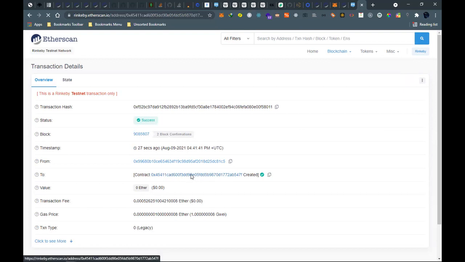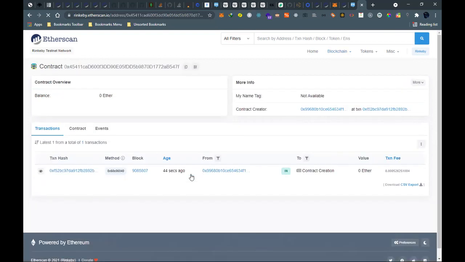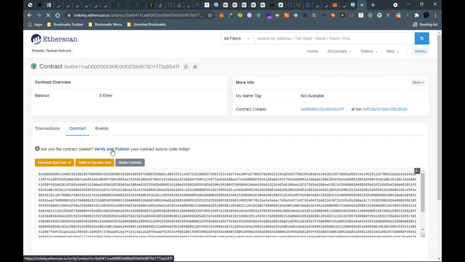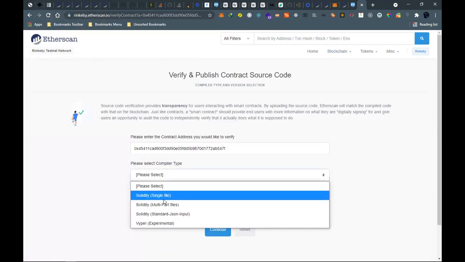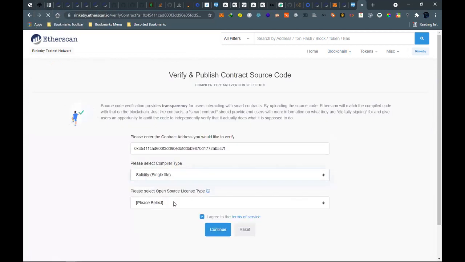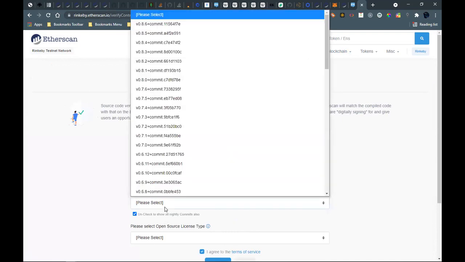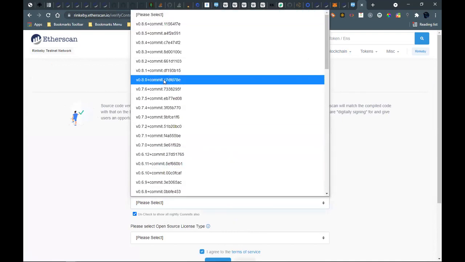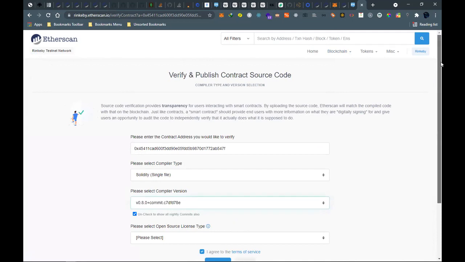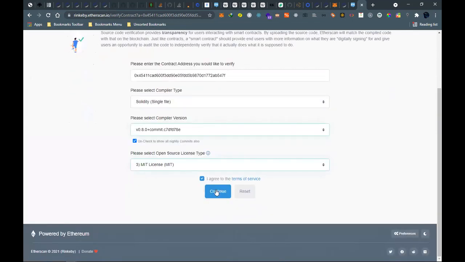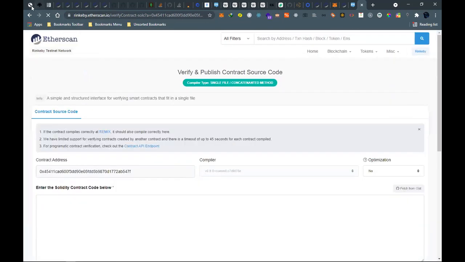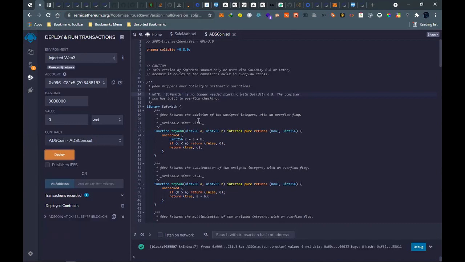Okay, so this is the contract we have deployed, and let's do another verification. It should work this time. Single file, compiler version is 0.8. And MIT. And then you can share your wallet on the chat.